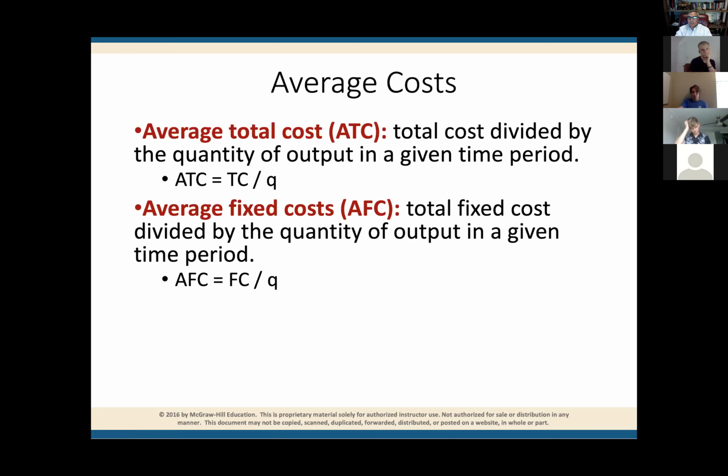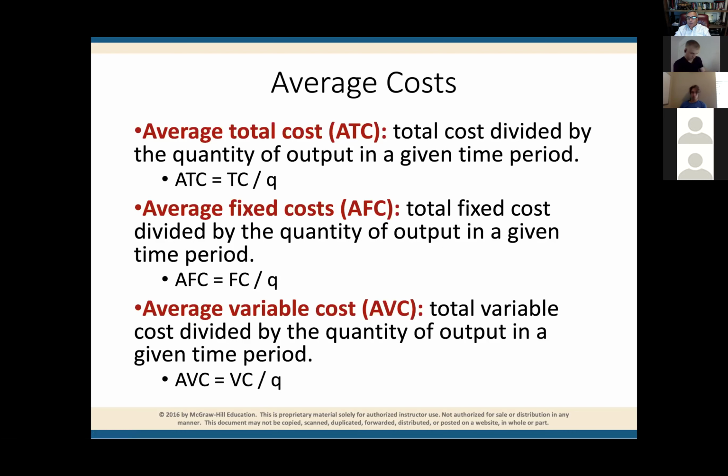That's the average. So the average fixed cost is the total fixed cost divided by the quantity of output in a given time period. It's how much I'm paying in fixed cost divided by the number of units that I'm making. Right? And my average variable cost will be my variable cost divided